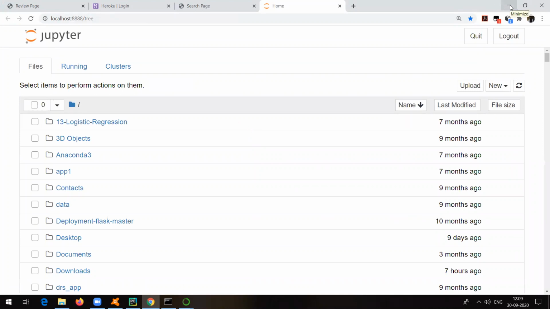And how to decide which model is the best? There is one concept called the ROC AUC curve, receiver operator characteristic and area under the curve. I'm talking about this particular thing, the ROC AUC score.